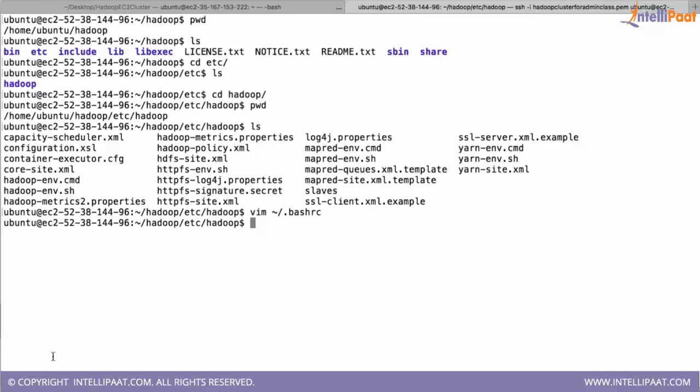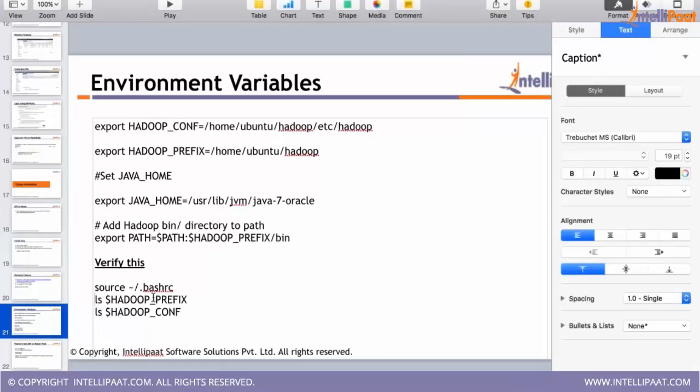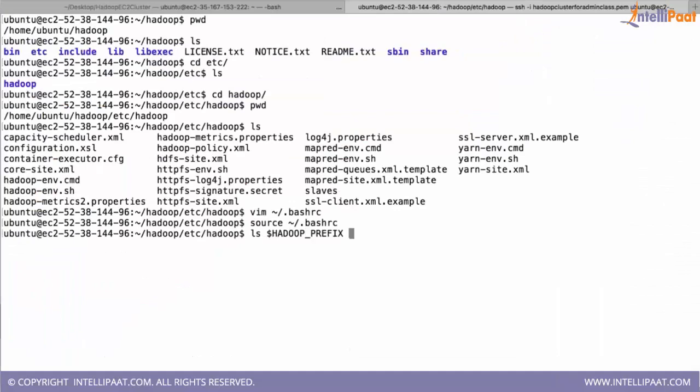So it closed. Now to get these working, we either have to close this terminal and open a new one, or else you can say source, which means get these variables into immediate effect. So if you say source and then bashrc, these variables will be effective. So you can start using those variables.